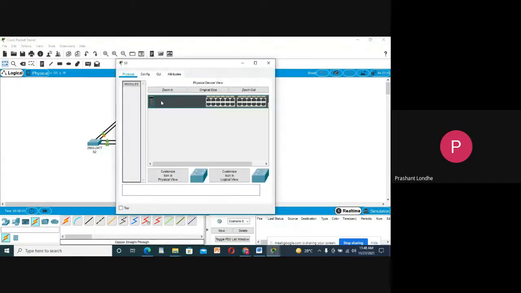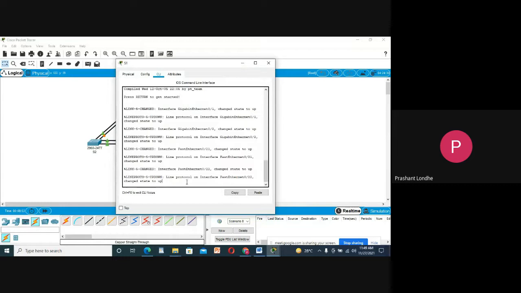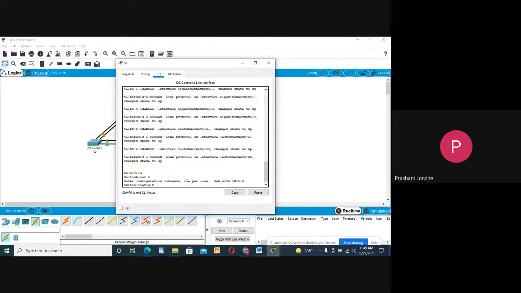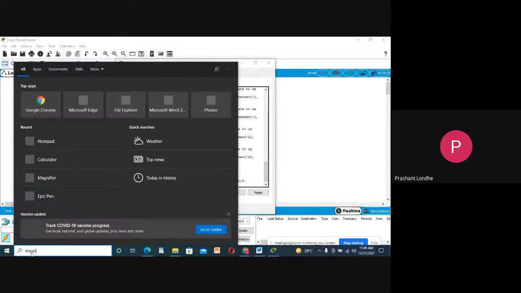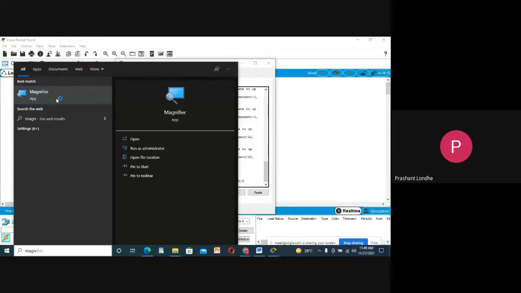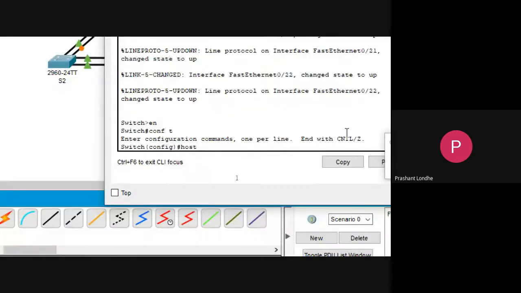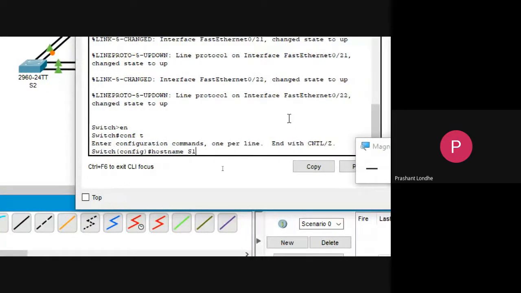I will go to S1, go to the CLI, then enable that particular device, configure terminal. I will change the host name over here, hostname S1.